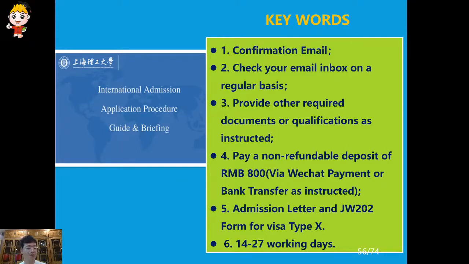Okay, let's move on. The keywords of the application, because I've noticed another student proposed what is the specific application procedure. There is a student up there who proposed the question. I give you the keywords first for you to memorize. First one is confirmation email. What does that mean? That means after submitting your application successfully, you will receive a confirmation letter or email from my office